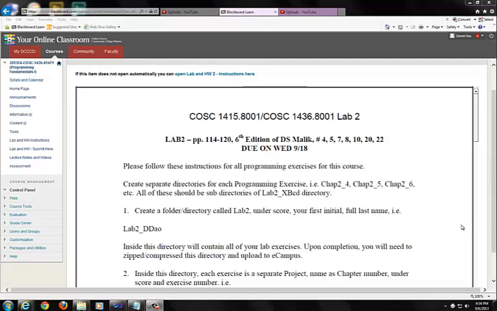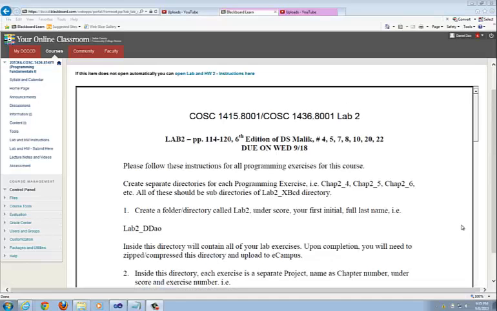Hello everyone. This is the beginning of Lab 2, and this is a little prep work that I would like to talk to you about before we get started on Lab 2. If you read my instructions that I have provided, I've sent this revised document to you. There are going to be 7 problems here, on page 114 through page